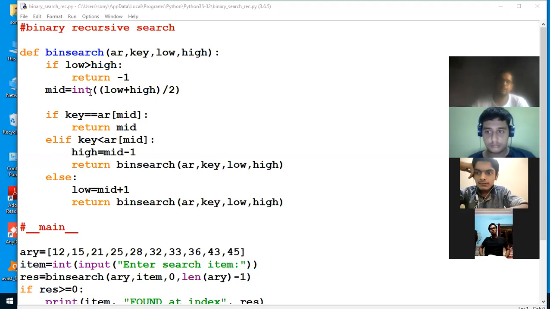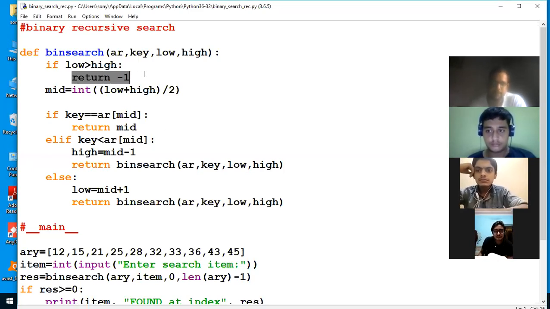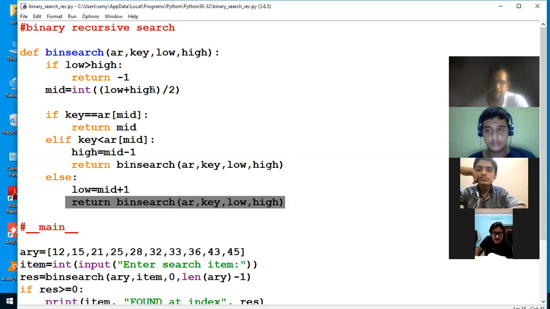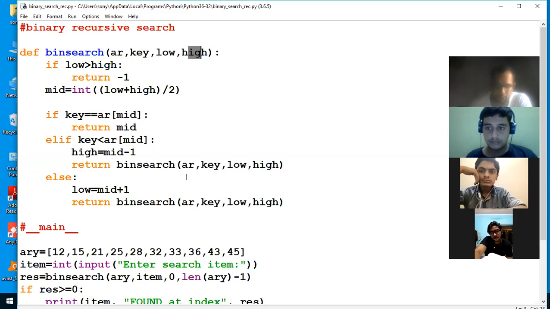Now see this. This is a binary search program with the help of the recursive method. Here there are two things: one is the recursive function and second is the base case. This is the base case. This one is again a base case, whereas these are called the recursive case. Here 4 parameters are passed. First parameter is the array taken from the user. Then second is the key, which element you want to search, and then the value of low and the value of high. Clear? These 4 values I am taking from the user.